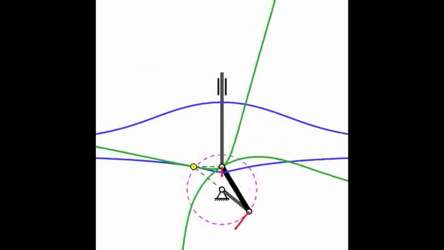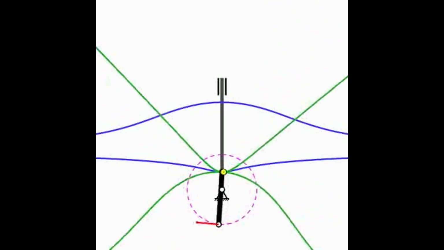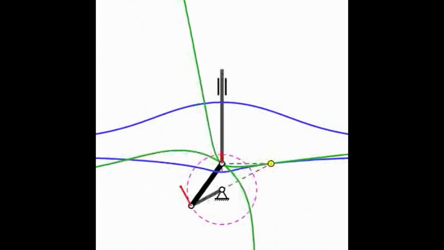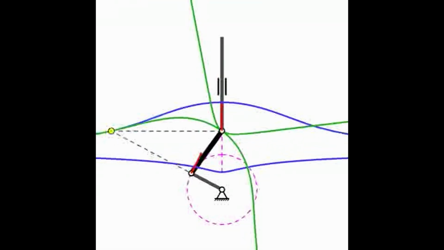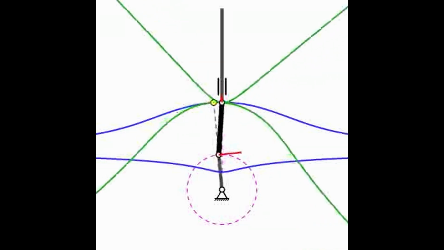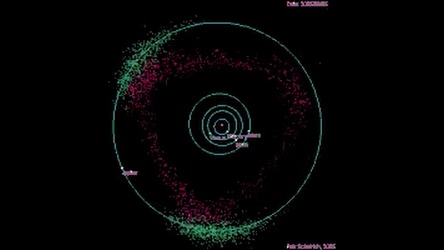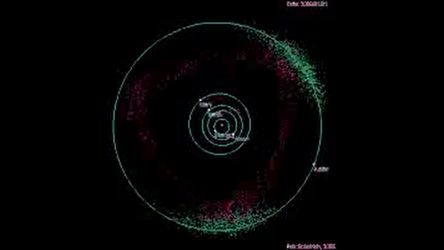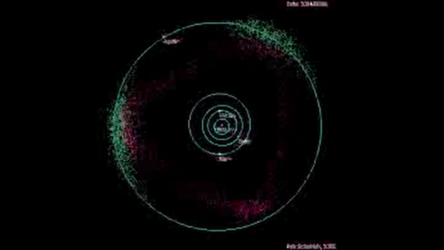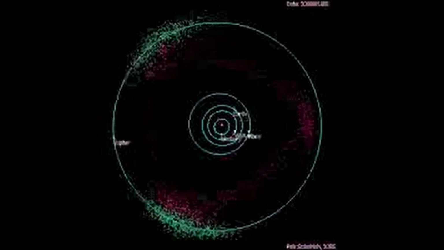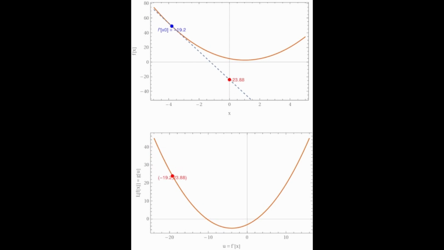B. Likelihood: the probability of observing the data given a particular value of the parameter, represents how well the data supports each possible parameter value. C. Posterior distribution: the updated probability distribution of the parameter after observing the data, combines the prior distribution with the likelihood of the observed data. D. Evidence, marginal likelihood: the total probability of observing the data under all possible parameter values, acts as a normalizing constant in Bayes' theorem.